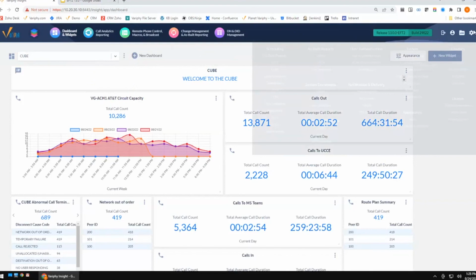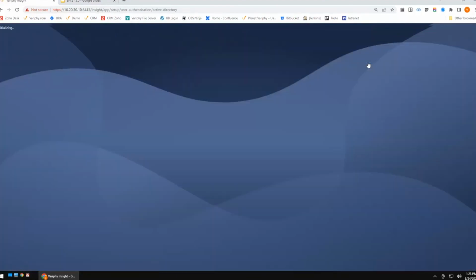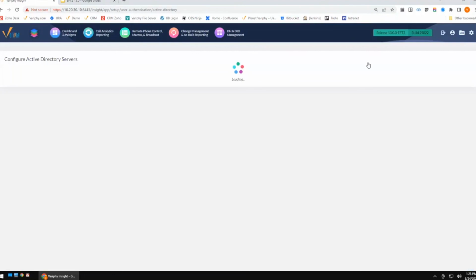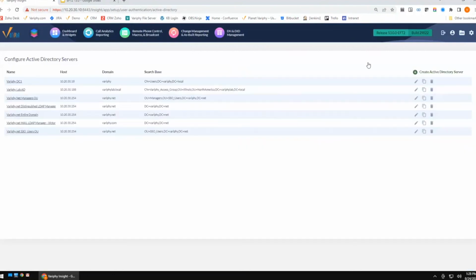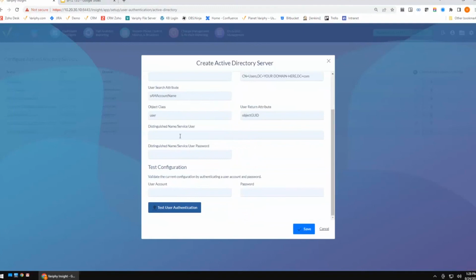Last but not least, one more thing that I want to talk about is Active Directory. Like I said, prior to 13.0, we would only support unprivileged field authentication, SAM account name, things like that. But you'll notice in Verify 13.0, we now have the ability to add a distinguished name and service user. That's going to give Verify the ability to log into Active Directory with a service account and read fields that are privileged like mail or user principal name and things like that. So it's a great feature if you want to be able to use different fields to authenticate to Verify.